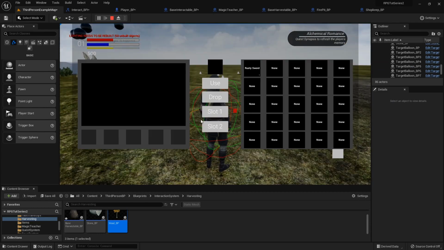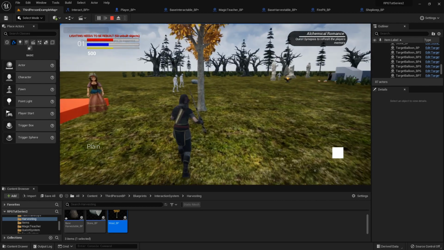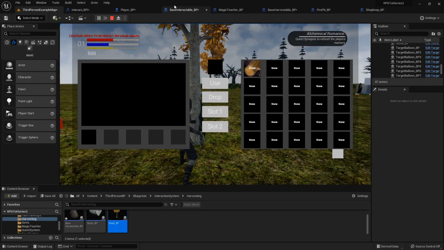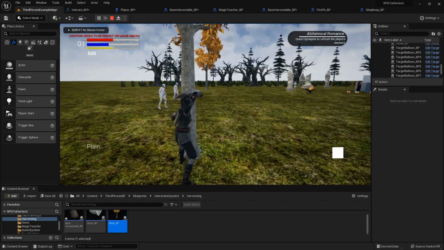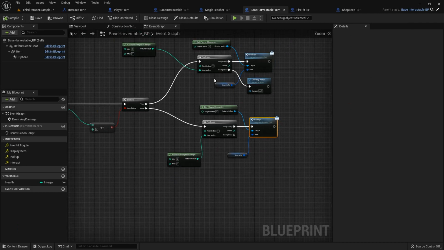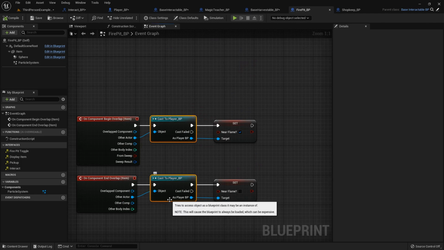So just to double check real quick that it is still functioning as it should. And still picking up wood. Excellent. And cutting down on our hard references. Hooray. So the fire pit,